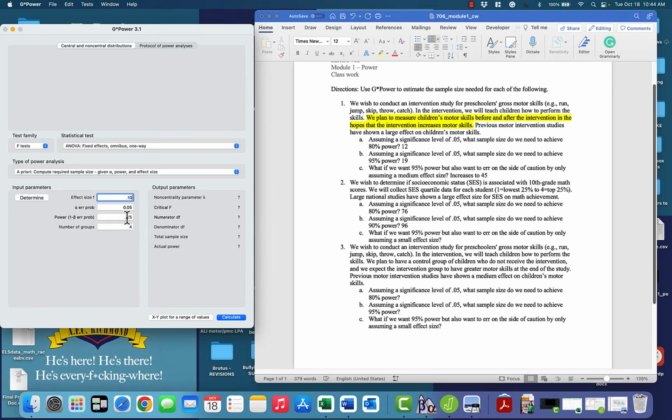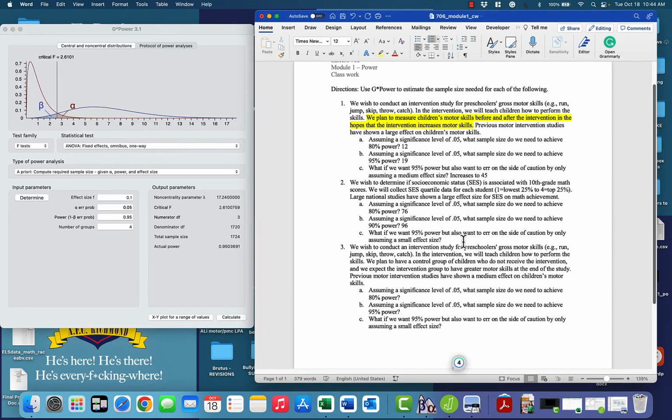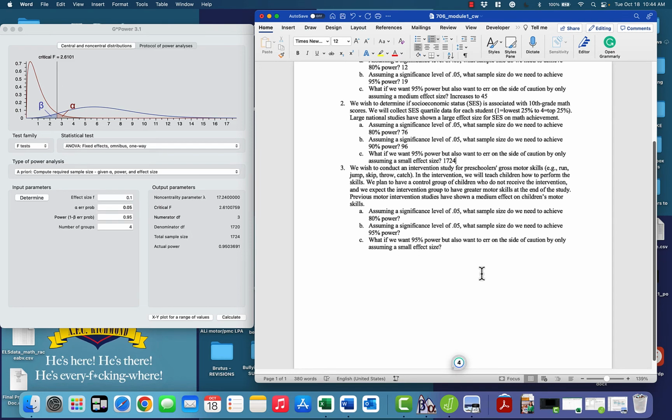So we've gone up in power and we've gone down in effect, and we see now, wow, big difference here, right? Now we need 1,724 students across the 4 quartiles. All right, so let's go into